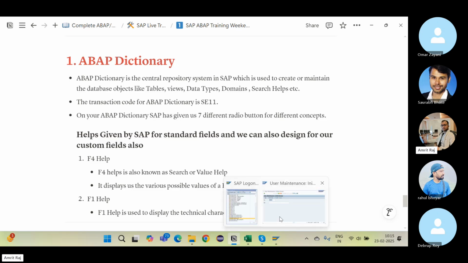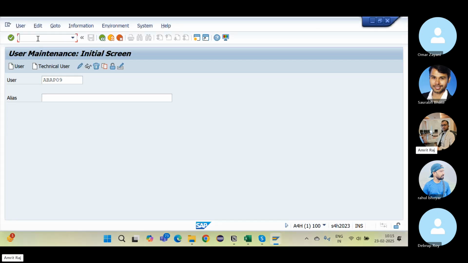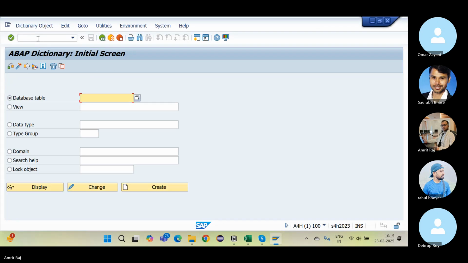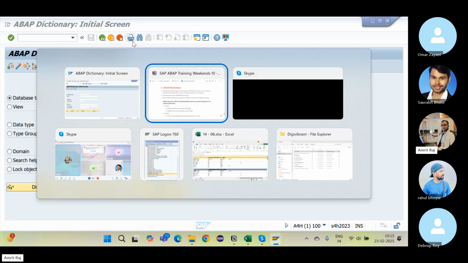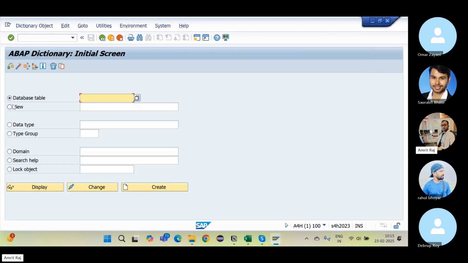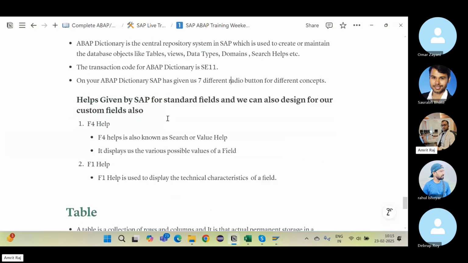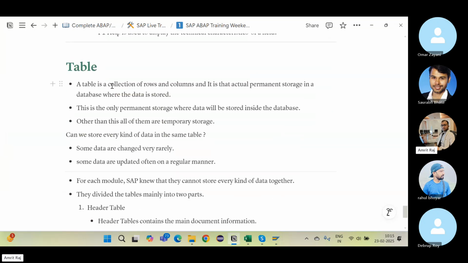We all can see that part, right? We all can see directly from SE11, and these are all the things that we have available in our ABAP dictionary which we use. So out of this, the very first radio button we have is table. So we started with the introduction part of table. What is a table? A table is nothing but just a collection of rows and columns where we are going to store the data, and this will be the main permanent storage inside the database where our actual data will be stored,